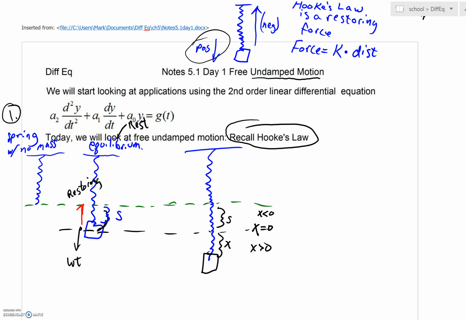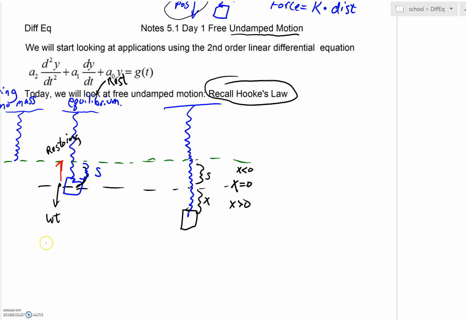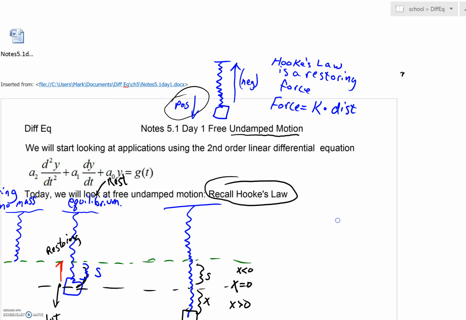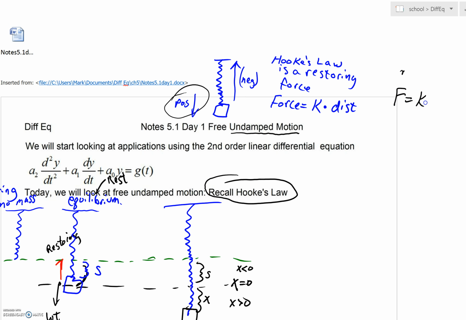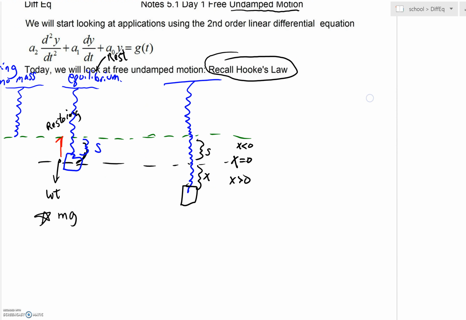So what we can see is we have a distance S that we would normally associate with here. So what we're going to see, and I'm going to put a little star here, we're going to see that the weight coming down, that's Newton's second law, mass times acceleration, mg. Remember, it's downward. We only have acceleration with the gravitational constant. But as we're looking at this, if we had S, as we come back up here, F would equal k times S, and it would be in a negative direction pulling upwards. We'd have negative ks